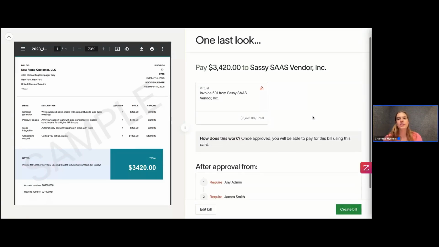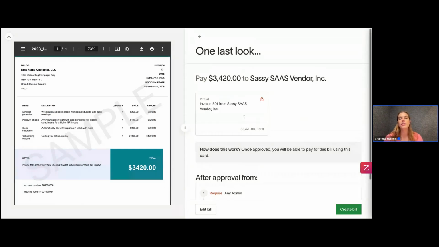So this is your final step to review it. One last look. When I mentioned the virtual card, so we selected that one-time virtual card, this is what it looks like. It has the name, it's invoice 501 from Sassy Sass vendor. It has that total, which is the total amount of the bill. So this is the card that they'll be used,